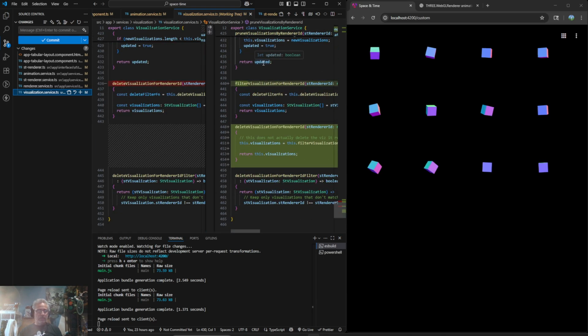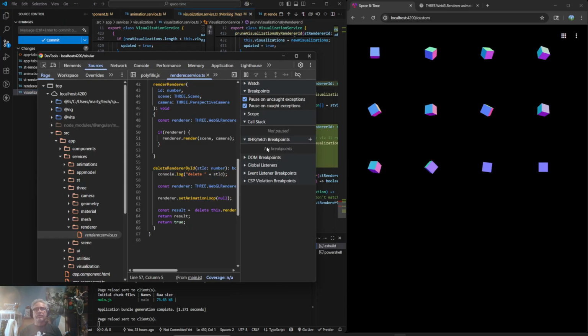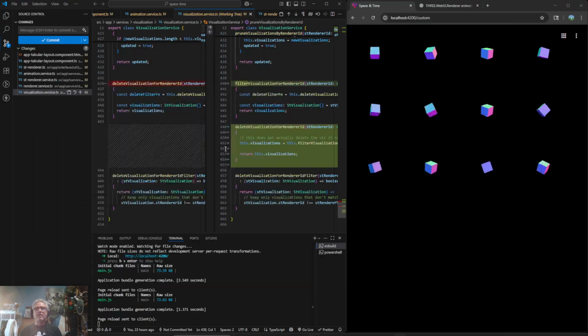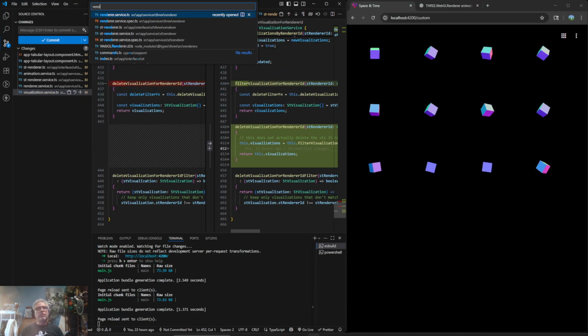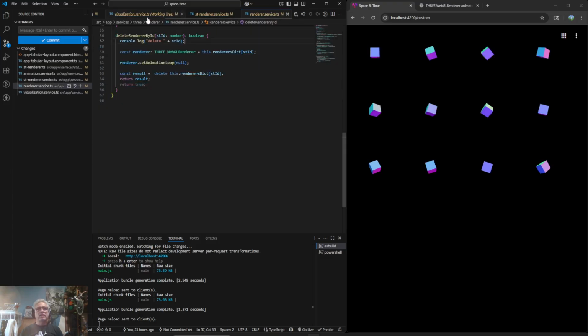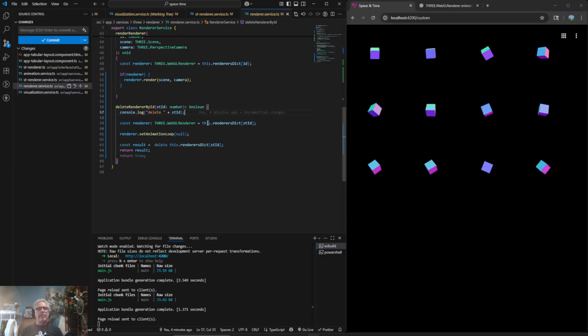Okay, let's just look in here. Delete renderer by ID is what I care about. And it's in renderer service.ts line 56. That's how I should have done that. There's line 56. So basically,